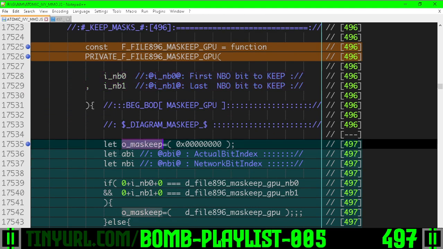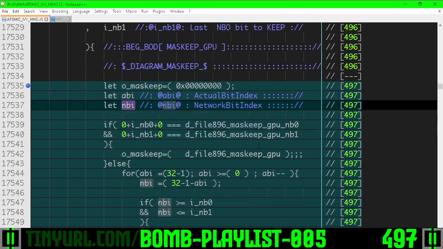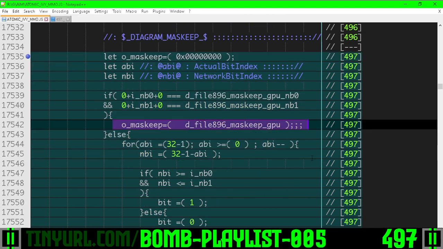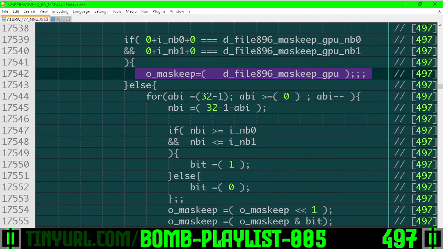And then this is our output mask, the actual bit order, network bit order. And if the inputs are the same as what we have stored in our cache, then we're going to output the cached mask right here. Otherwise, we're going to loop through actual bit indexes